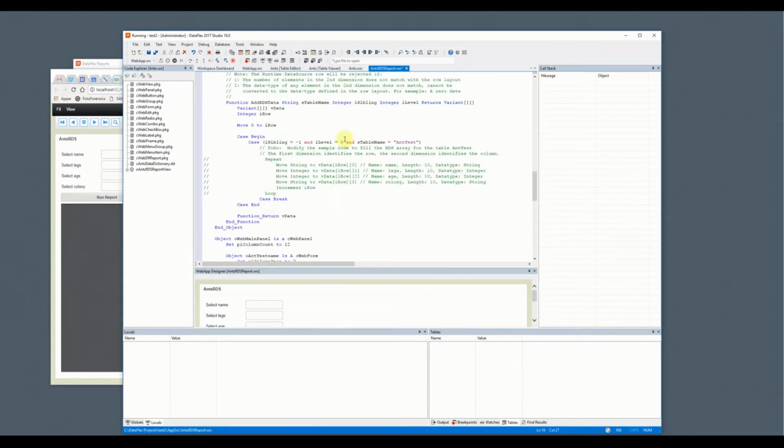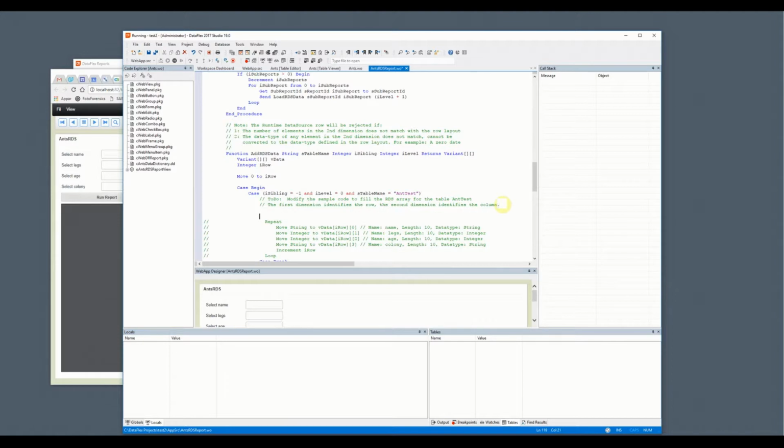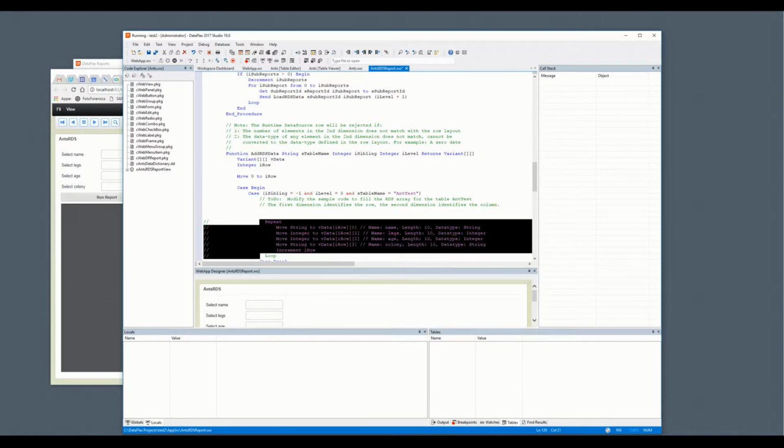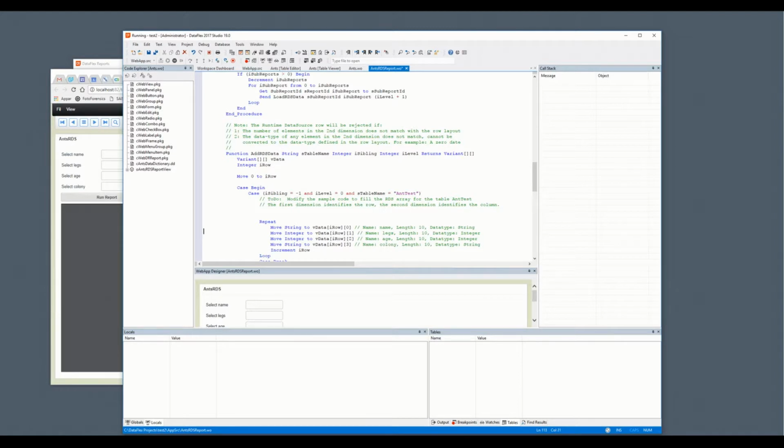And now we can go down here and press Control K to uncomment that code, and we want to clear our ants table, and since we don't want to filter anything, we just want everything in the table right now, we do find greater or equal ants, which is the table, by index 1, and then we go to repeat,